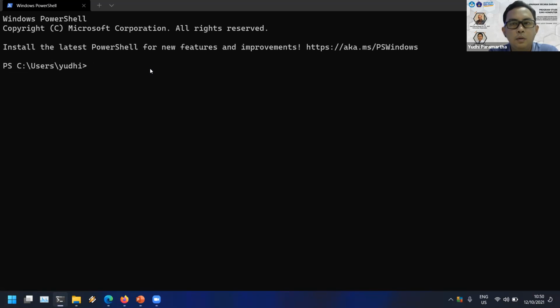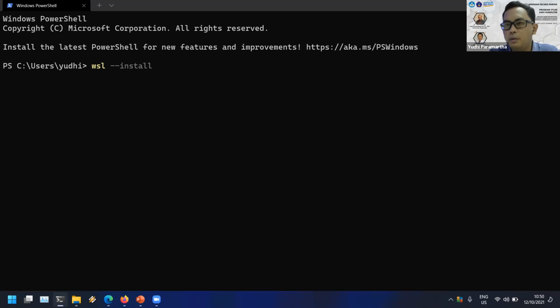When you want to install the Windows Subsystem for Linux in Windows 11, you only type wsl --install, and WSL will be installed automatically on your computer.